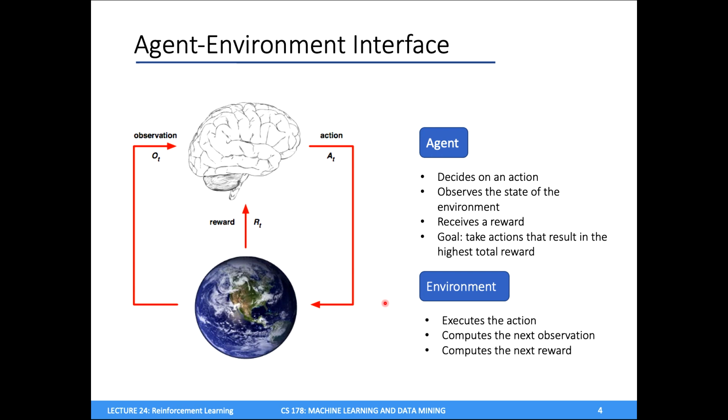The other aspect of a reinforcement learning problem is the environment itself. This is the things external to whatever agent we might be thinking about. The environment essentially is going to execute the action in some sense. It'll compute the next observation, in the sense that the environment gets updated after the actions we take. And it also computes the reward. It's what returns something to the agent itself. So there's this iterative loop where the agent takes actions, the world responds to these actions, and our agent then observes the new state of the world after taking these actions.